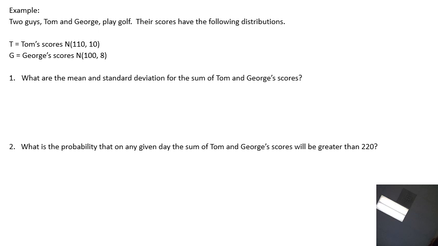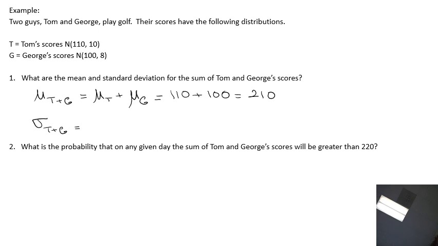So what if we wanted to find the mean and standard deviation of the sum of Tom and George's scores? That would just be the mean of Tom plus George. That's just the mean of Tom plus the mean of George. Tom's mean is 110. George's mean is 100. The sum of their means is 210. If I wanted to find the standard deviation of Tom plus George, then I'm going to do the square root